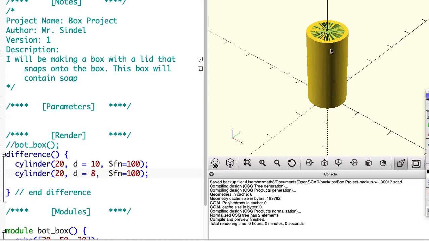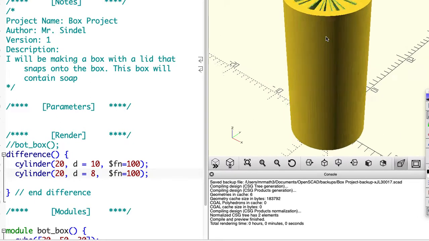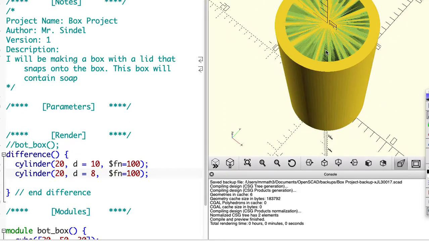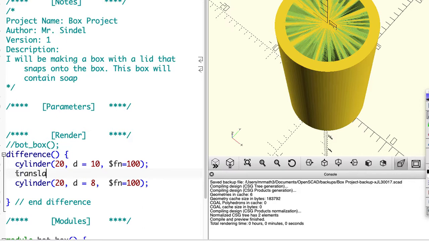It does that weird glitchy thing. This glitchy thing that happens right here is because it has the exact same height. When I'm subtracting something that is the exact same height as the thing I'm subtracting from, that's what happens. If I were to instead translate this up, so if I do 0 in the x direction, 0 in the y direction, but 0.01 in the z direction,